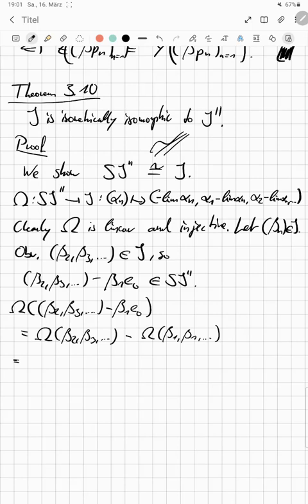And per definition, this is the negative of the limit of beta_n, then beta_2 minus the limit of beta_n, then beta_3 minus the limit of beta_n, and on,